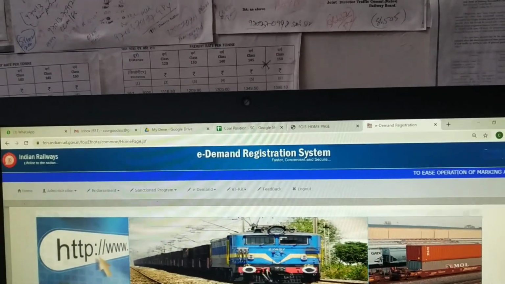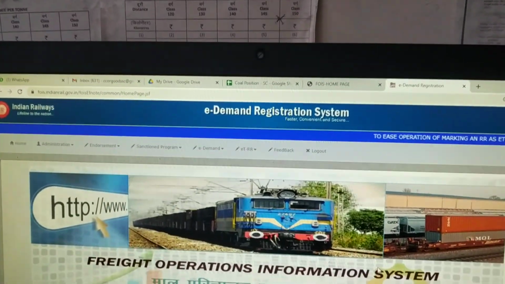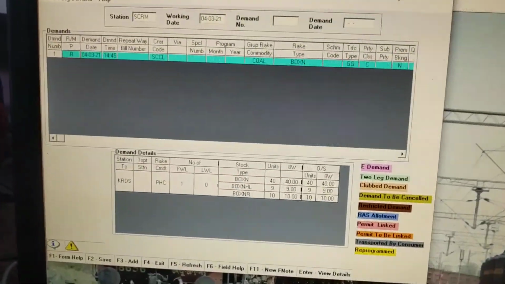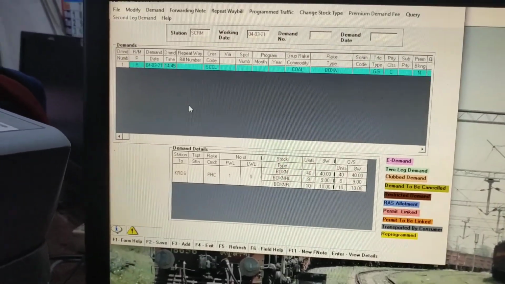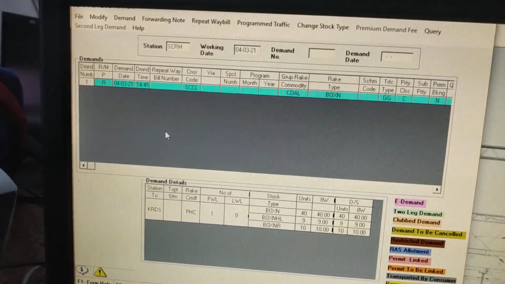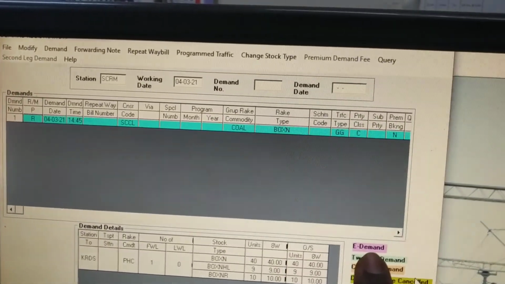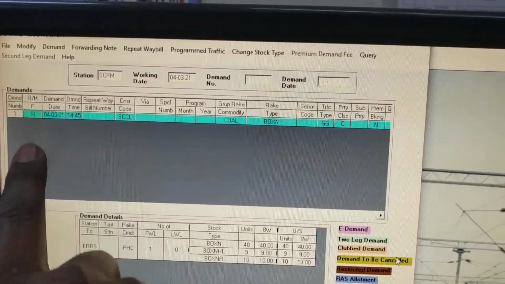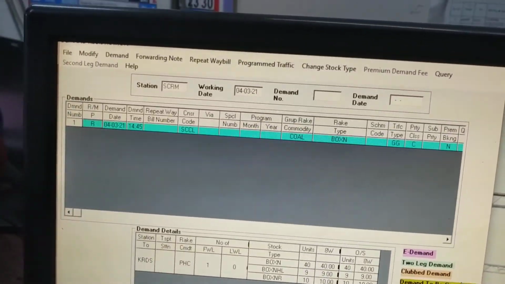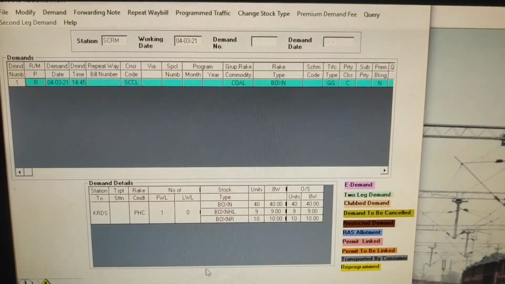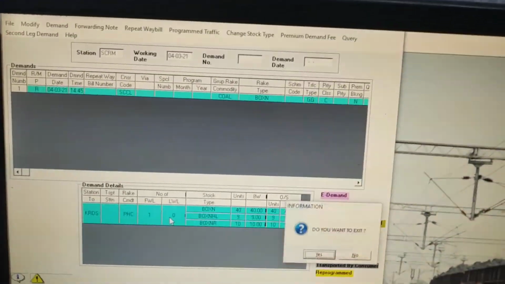Now the location that we are looking at here is SCRM. This is the manual demand registered. Here we can see that the customer has placed a normal demand. Here the e-demand color coding is given, whereas in this particular demand it is not being shown. So this is a manual demand, and for further confirmation that this is not an e-demand,